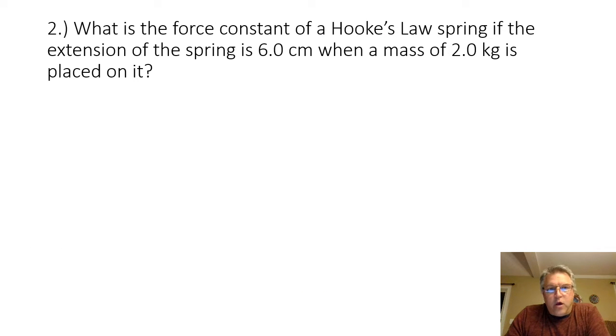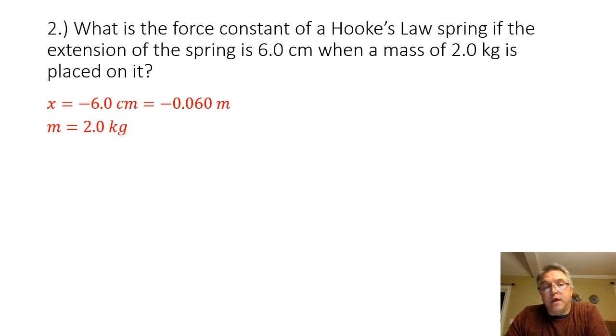Problem 2. What is the force constant of a Hooke's law spring if the extension of the spring is 6.0 centimeters when a mass of 2.0 kilograms is placed on it? We are given the displacement of the spring, negative 6.0 centimeters. Again, I'm making my displacement negative, so my force will be positive. Converting that to meters is going to be negative 0.060 meters. I know I have a mass of 2.0 kilograms, and I am looking for the